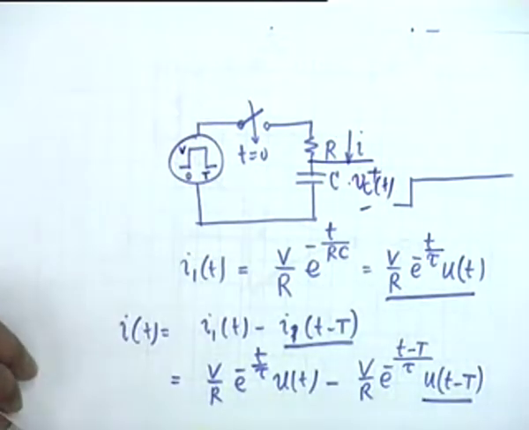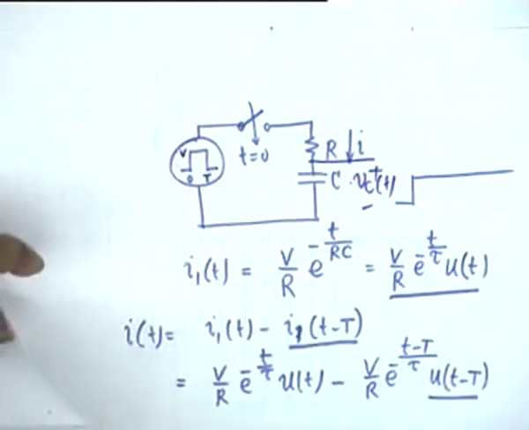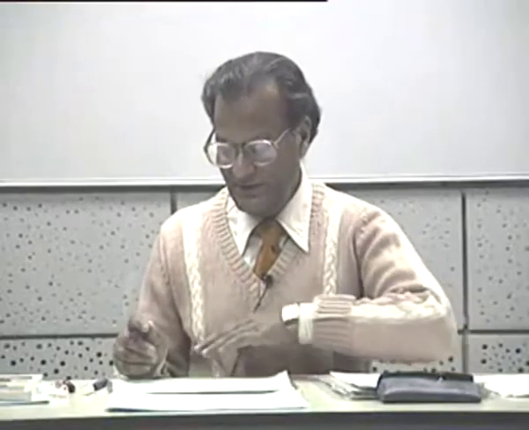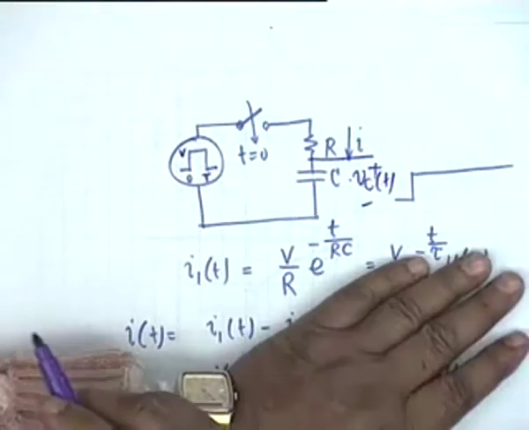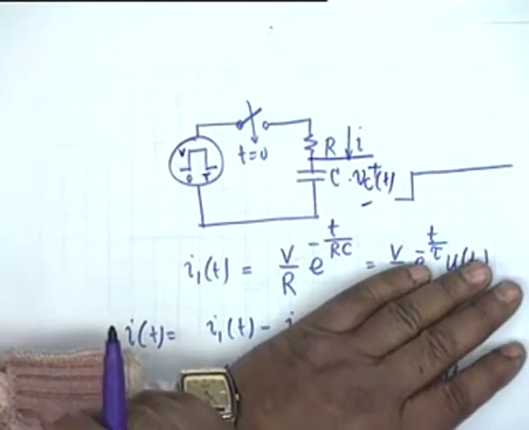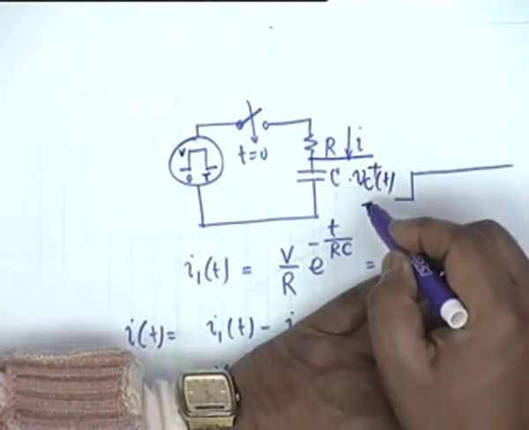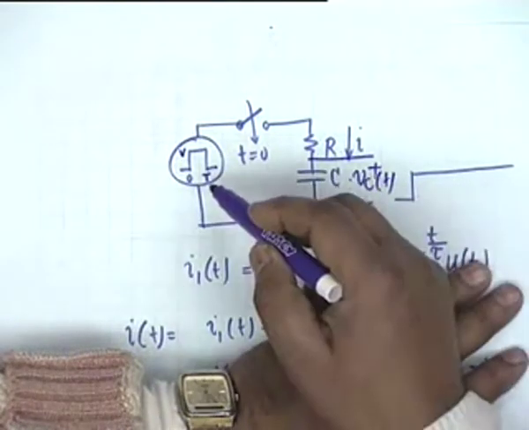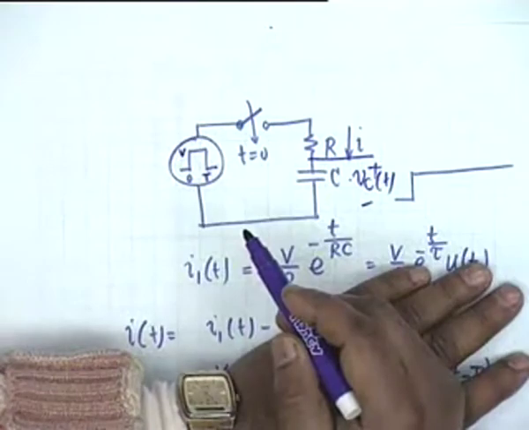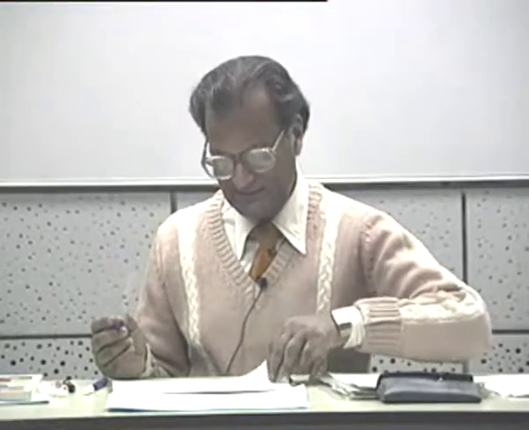What would have happened to V sub C if only the first term was there, that is, if only there was a step excitation? Then this voltage would start from 0 and go to capital V at an infinite amount of time. All right. In other words, without writing the equations,